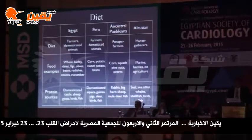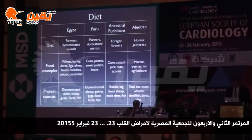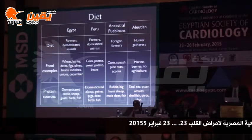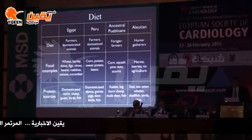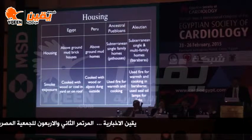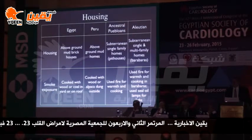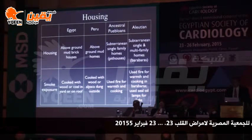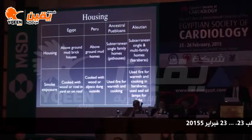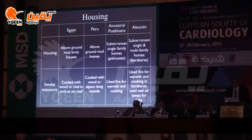so lived a hunter-gatherer lifestyle. So if we look at the diet across the different cultures, the Egyptians and Peruvians were farmers, and they had domesticated animals. Egyptians particularly cultured. The ancestral Puebloans from the southwest United States, and the Aleutians were forager farmers or hunter-gatherers. The housing for the last two cultures, the ancestral Puebloans and Aleutians, again, they were inside, so they may have been exposed to significant smoke. However, the Egyptians and Peruvians had their fires outside, so unlikely to have smoke as a primary cause of their